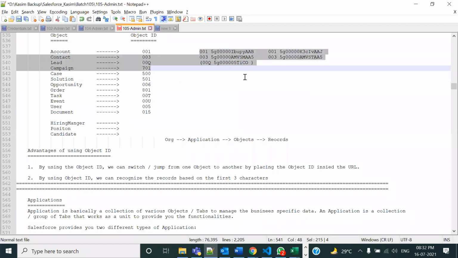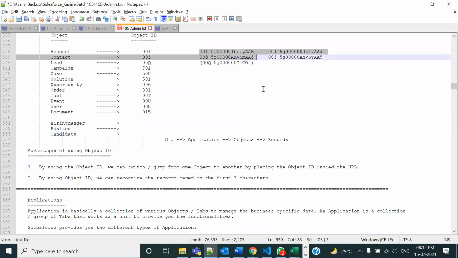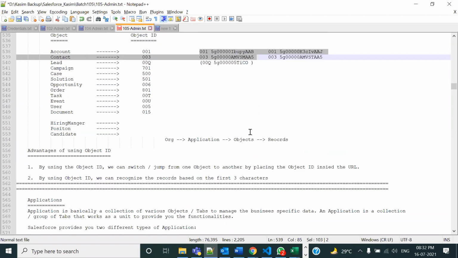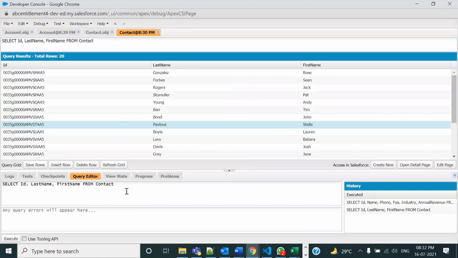तो अगर आपको ऑब्जेक्ट आईडीज याद हैं तो बाय जस्ट लुकिंग इनटू द रिकॉर्ड आईडी यू कैन फाइंड आउट कि ये रिकॉर्ड बिलोंग्स टू विच ऑब्जेक्ट। और ये अभी भले आपको इसका इंपॉर्टेंस कम नजर आ रहा होगा, जब आगे चल के आप डीबगिंग पे पहुंचते हैं, जब आपको सिर्फ रिकॉर्ड आईडीज नजर आती हैं, उस वक्त आपको इसका इंपॉर्टेंस बेसिकली तब समझ में आता है।